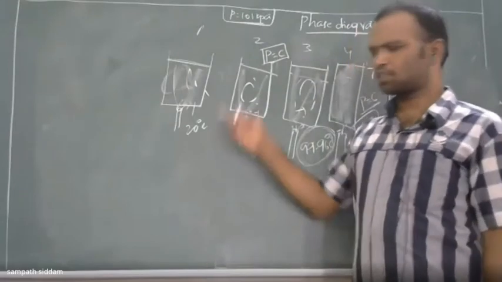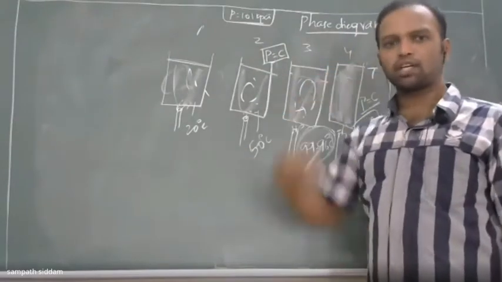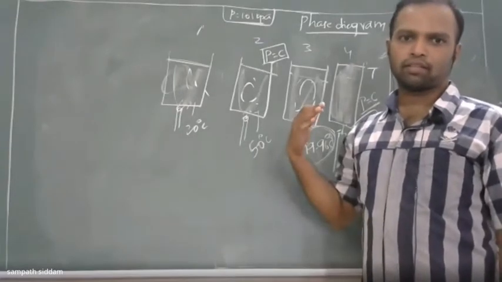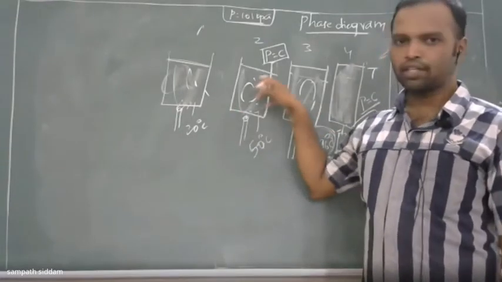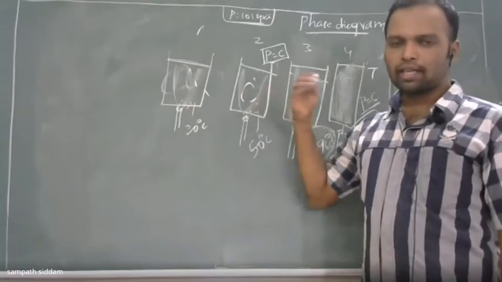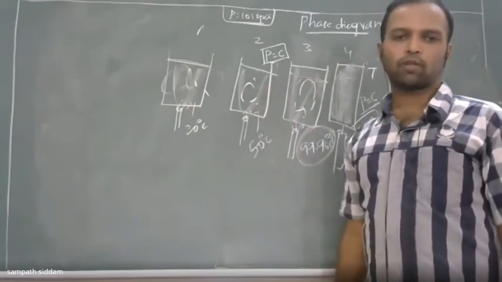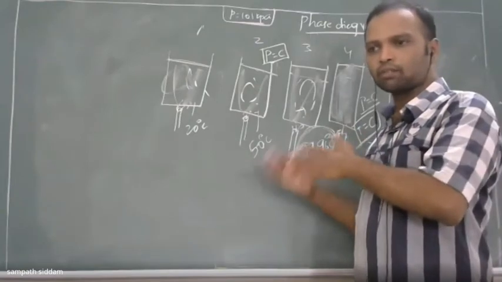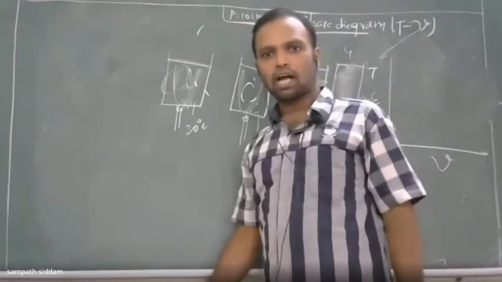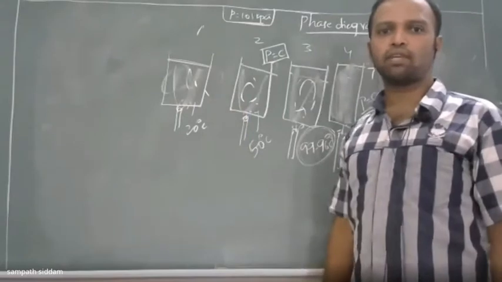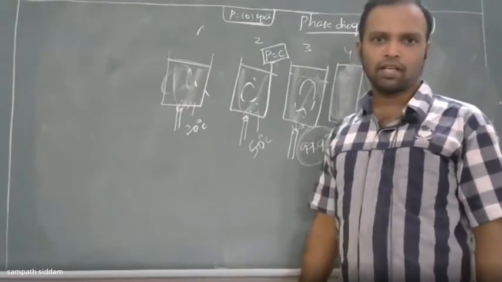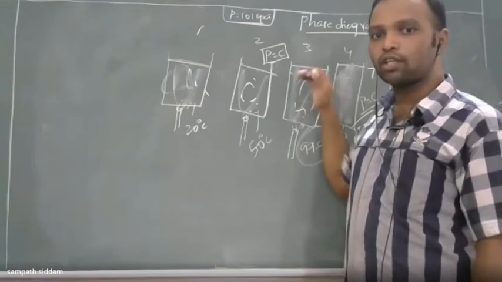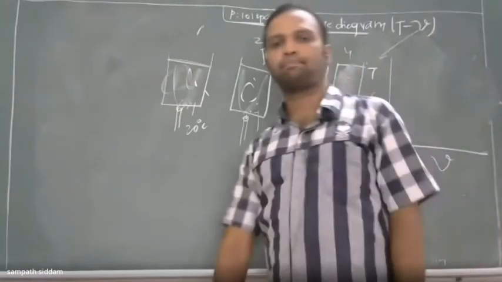Let me take the same example I gave you in yesterday's class, the thermal power plant, where the liquid is converted into steam in the boiler and that steam is collected into the turbine. If I want the turbine work to be higher, I need to increase the temperature of the vapor continuously. I need to convert this region into the superheated region.